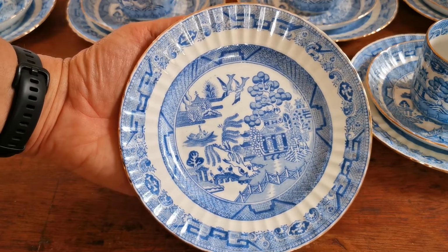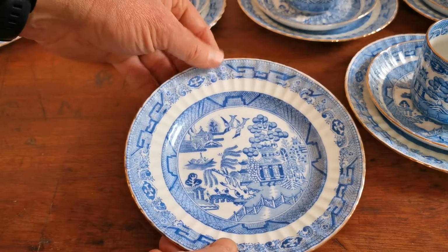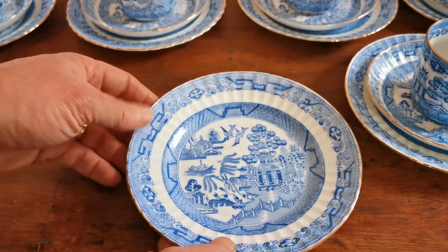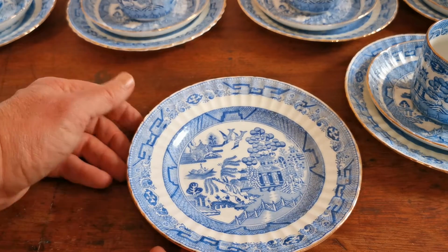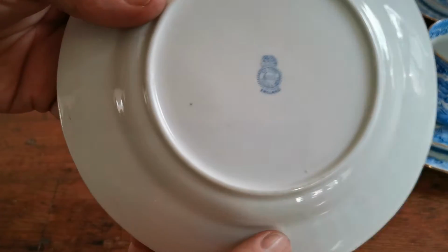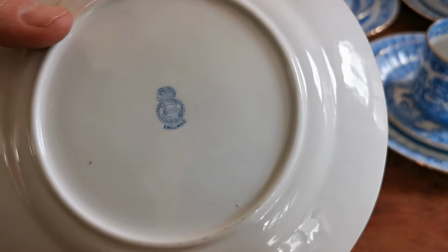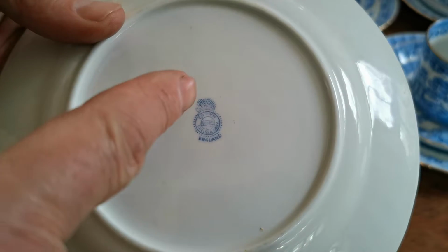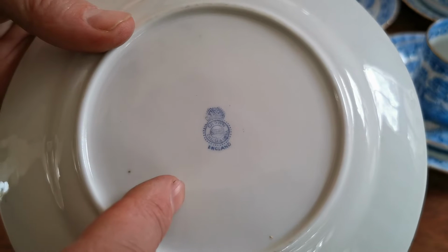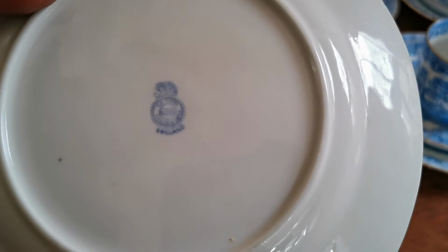Okay, well here is a side plate from the same set, identical in its patina, colour palette and shape and mould design. And let's have a look now at the china marks and talk you through these for dating Morris china. Okay, crown, round globe and England on the base, and in the central portion here,